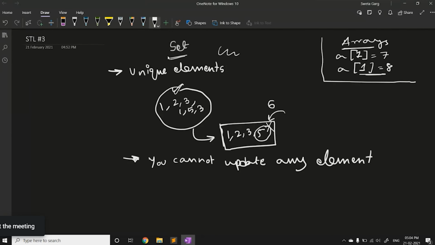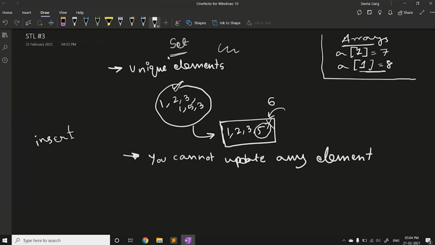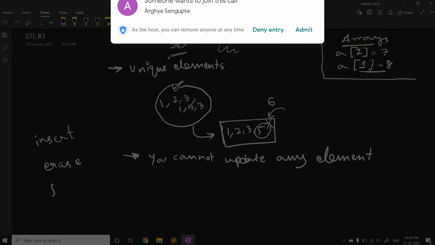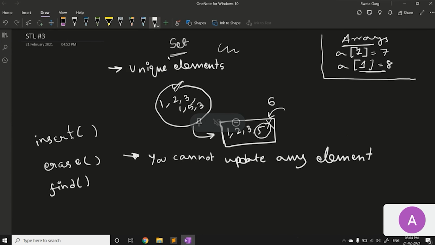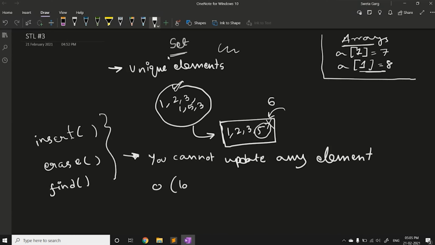A set has some basic functions like the insert function, the erase function, and the find function. These are some of the most commonly used functions, and we'll be talking about these. The time complexity of each of these operations is O of log n.